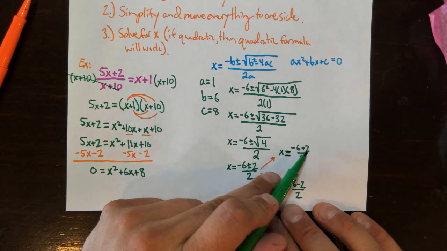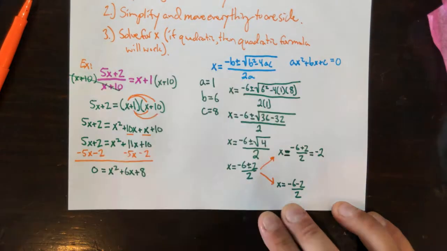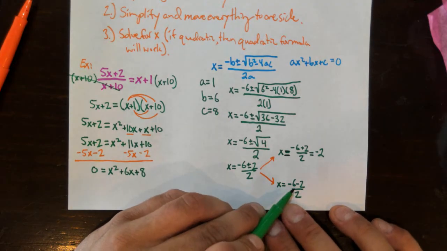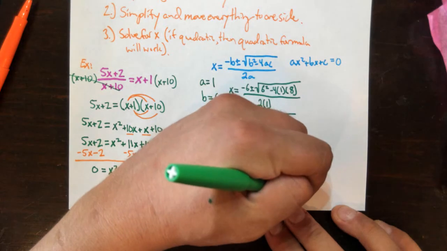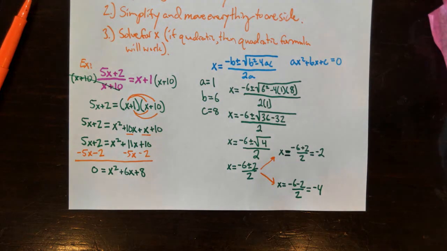So negative 6 plus 2 is negative 4. Negative 4 divided by 2 is negative 2. Then negative 6 minus 2 is negative 8, divided by 2 is negative 4. So our two answers here are negative 2 and negative 4. However, there's